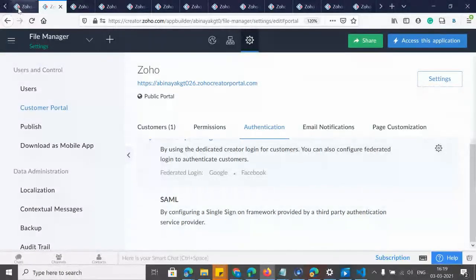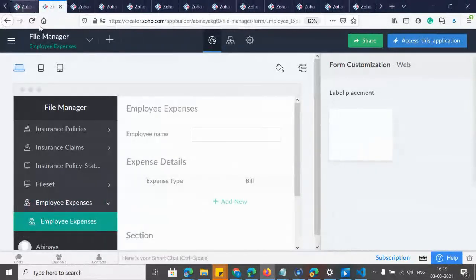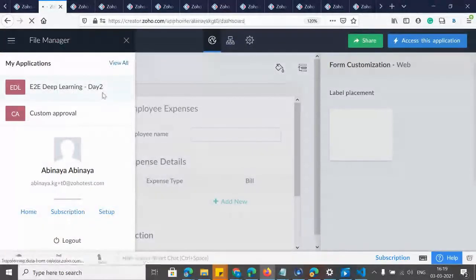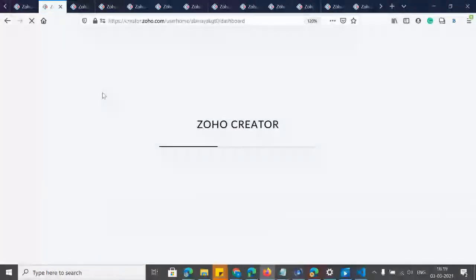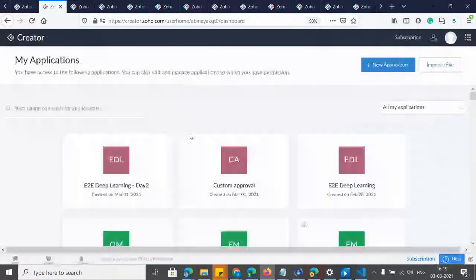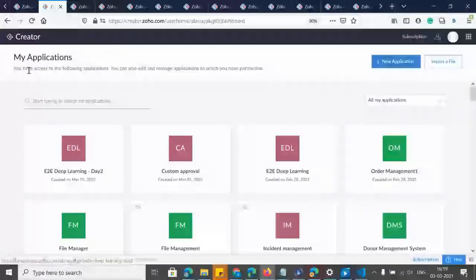Zoho Creator account. I'm just getting into the account. So here is the list of applications. Say we have an attendee who is Anu, right? So Anu now has customer portal access. I'm giving customer portal access to Anu Ramakrishnan for around 5 to 6 applications: order management, E2E deep learning, and customer approval. So Anu cannot create user credentials for every application and remember them, right? So